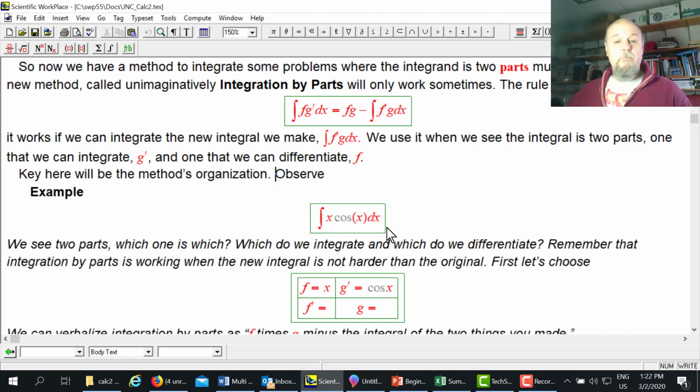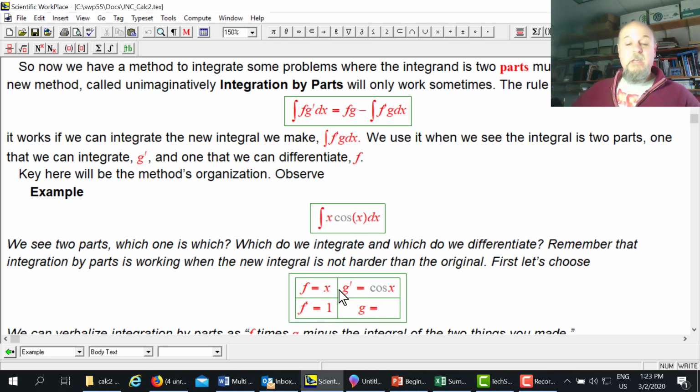Let's do another example. I've got x cos x. Now, there's the two parts there. I can differentiate x, that becomes 1, or I can integrate x squared over 2. I can differentiate cos, minus sine, or I can integrate cos, sine. So both pieces I am able to differentiate or integrate. So how would I make my choice? Well, I'm going to choose to differentiate the x because it gets simpler, goes to 1. If I integrate it, it becomes x squared over 2. And I'm going to integrate